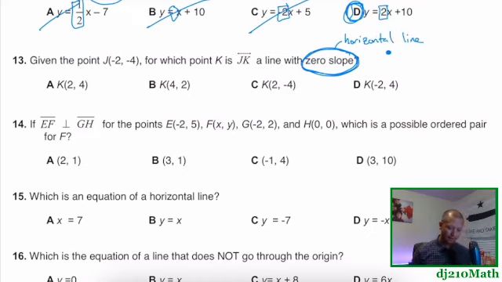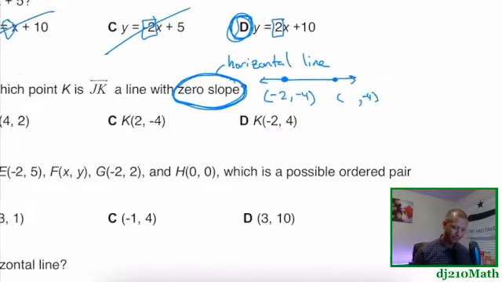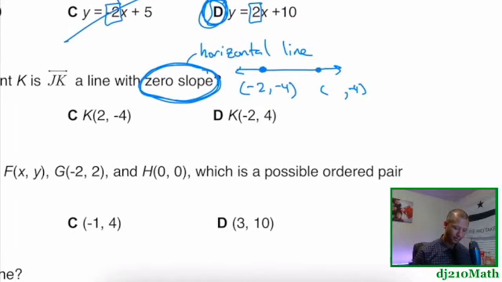So if I have a point, negative 2, comma, negative 4, and I want a horizontal line that goes through this, that means the x's are going to change because the y's have to be the same, right? If you have a graph that has a horizontal line, because that's what slope 0 means, and 2 points are on that same line, well,